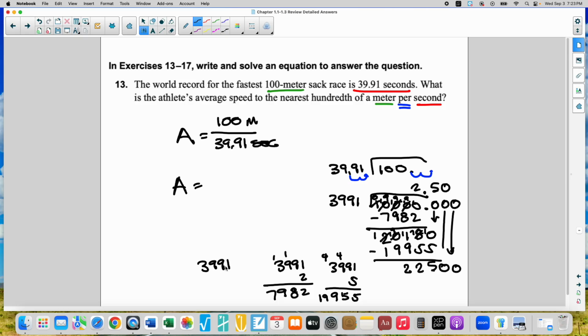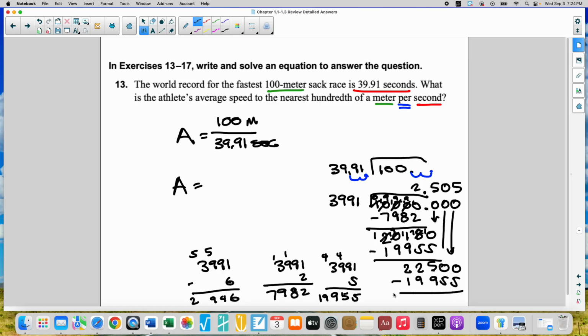3,991. That was really close. So I'm going to try 6. Let's see what happens here. 6 times 1 is 6. 6 times 9 is 54. 6 times 9 is 54 plus 5 is 59. 6 times 3 is 18 plus 5 is 23. 18. All right, so maybe 5. 5 was my biggest, so 5. So I'm going to put that